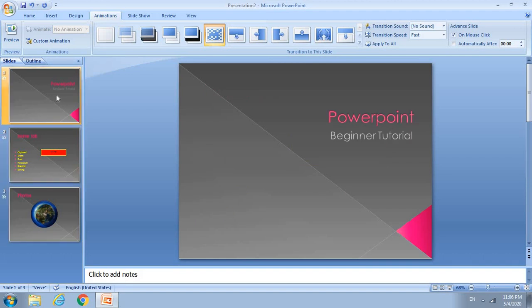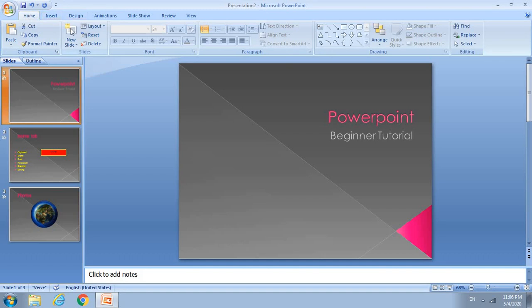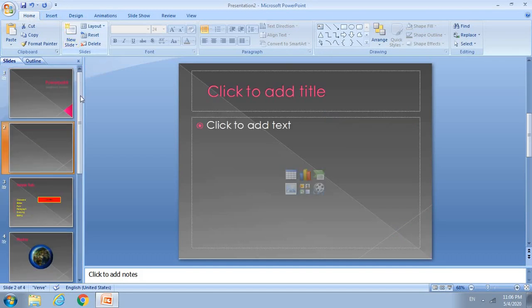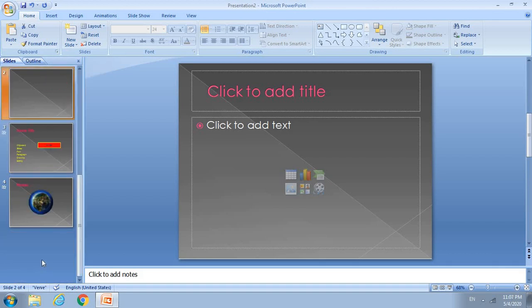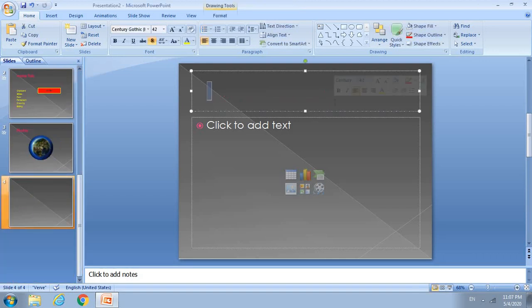Alright, now we'll try to end our presentation. How will I do that? Again, coming back to home, adding a new slide. Now look, it came right here, so you can again drag and drop it using your mouse. This is how you can do that. Now what we'll do, we'll write here the end. I want it to be at the center, so you can again make use of paragraph group.